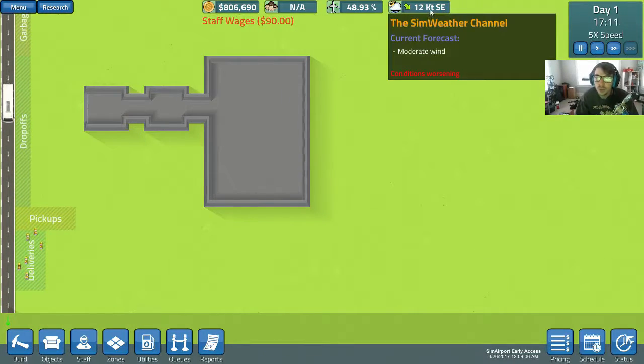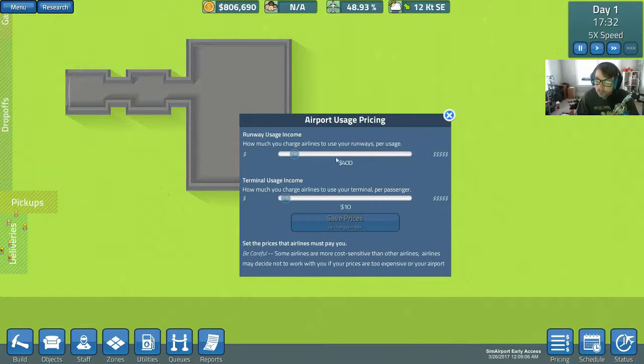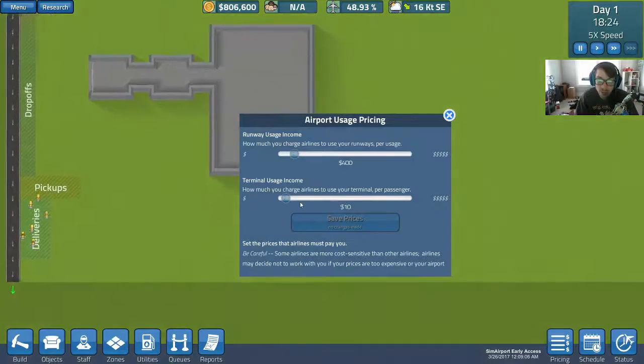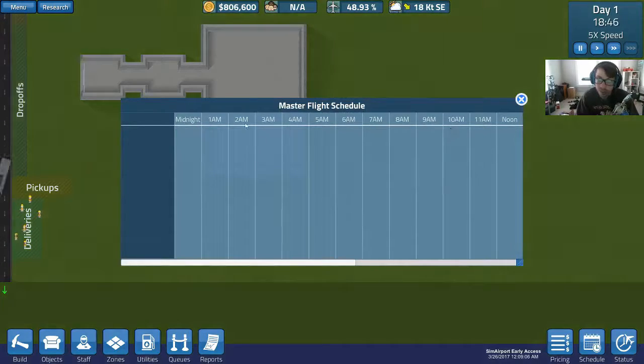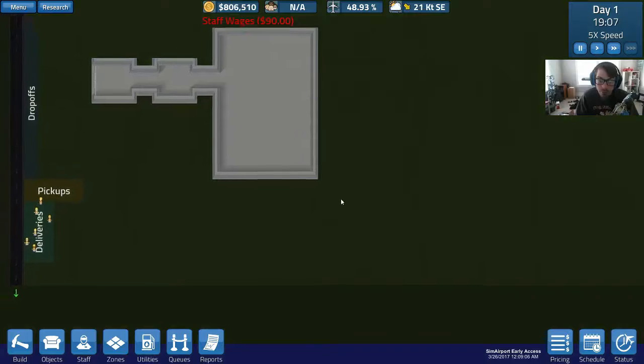And this is weather. Here you can adjust your pricing, which is nice, of how much they pay you per use of your runway. And then how much for your terminal per passenger that they pay, and you can change that. This is where you manage your schedule per gate with the flights and the status of your flights. Okay,